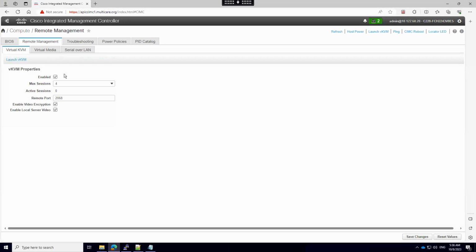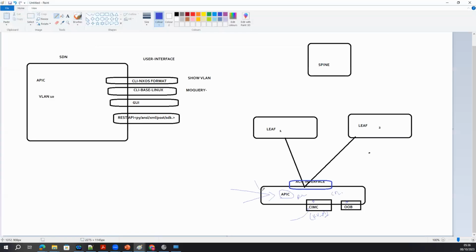How will vKVM work? Suppose you want to configure the APIC cluster or install the ACI image. By default, if Cisco is not giving you the ACI image, how are you going to install it on the server? You need some interface, right? You install through the KVM. KVM centralizes your interface for all the configuration and server management. Whether you want to run any app, any upgrade, or configure the cluster, you have to do everything from the KVM interface.